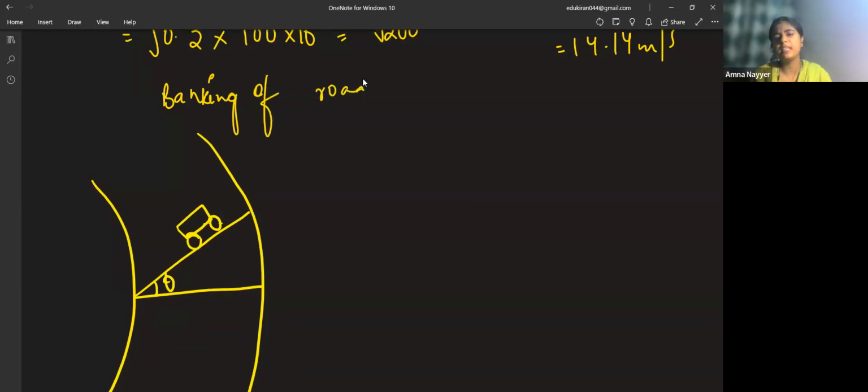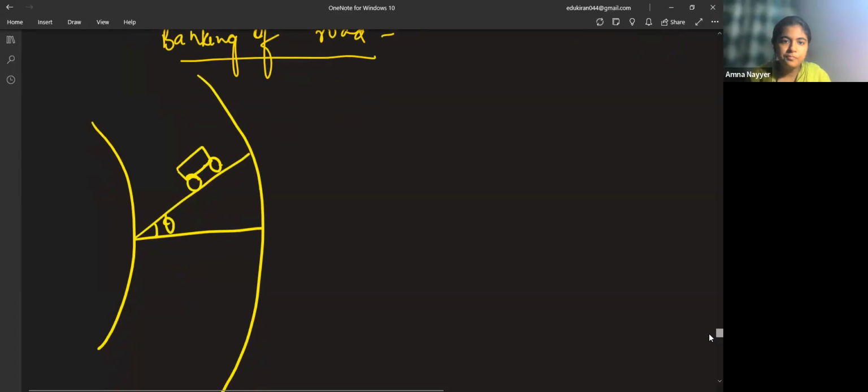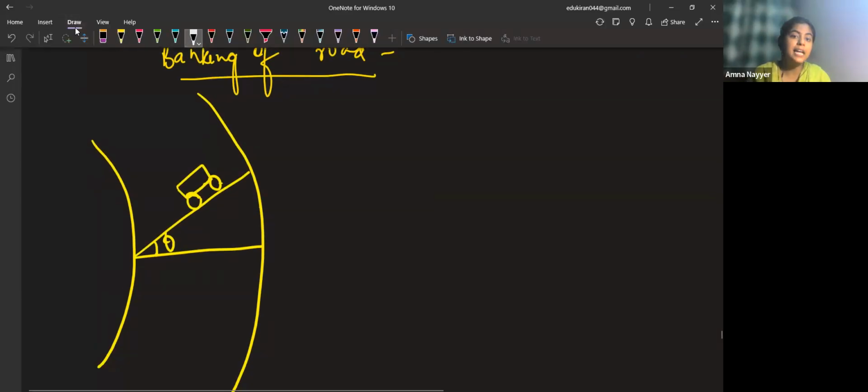Banking of road basically means when the road is turning, you elevate the road. All right. So you can feel it also whenever you're traveling, you can notice somewhere that the road is being elevated from the end. That is known as banking of road. So there is a proper angle. Now focus in here. If this is the vehicle, now inclination has been made.